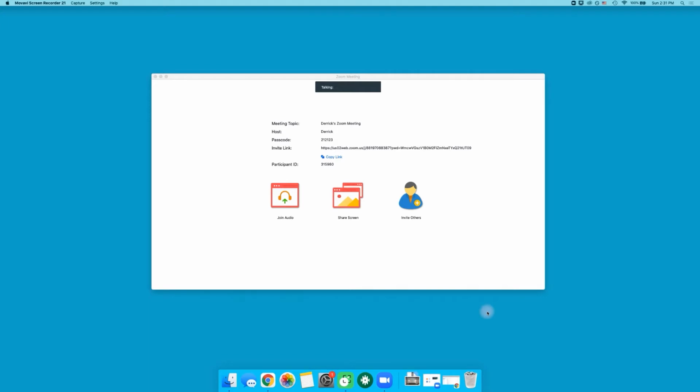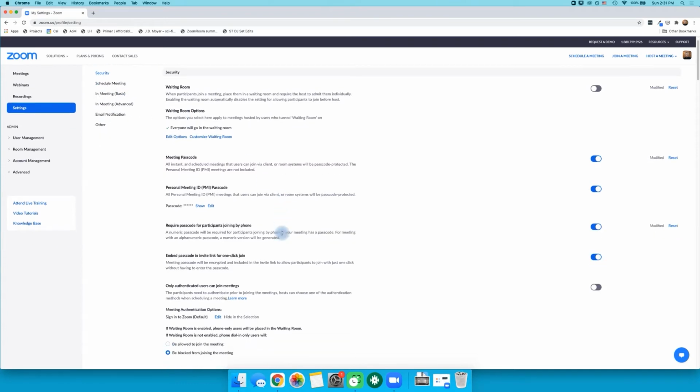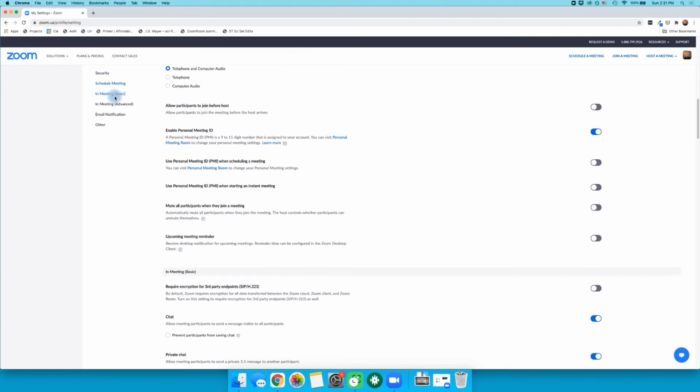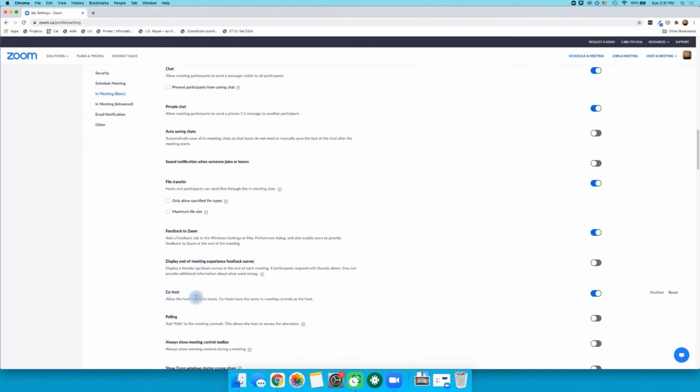To get started, we need to make sure that we have co-host turned on in our account settings in Zoom. So I'm going to go ahead and open my Zoom panel here. I'm going to scroll down to under In Meeting Basics. All right, let me go ahead and click this. And you're going to see this co-host feature right here. This is toggled on, so you can see this turns it off, and then this will turn it on. Make sure that's turned on, or else you're not going to be able to make a co-host in your Zoom